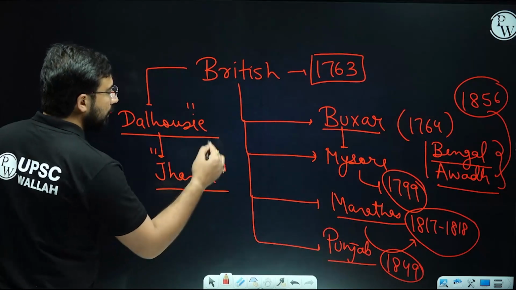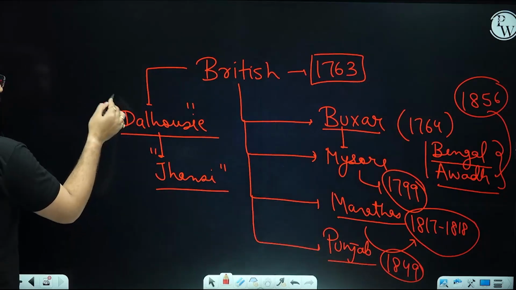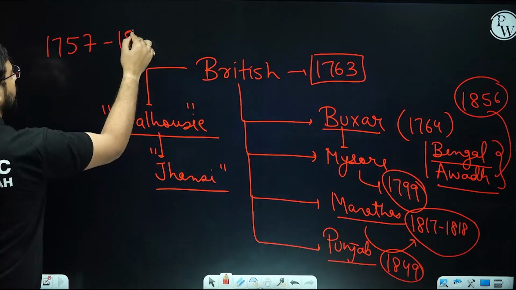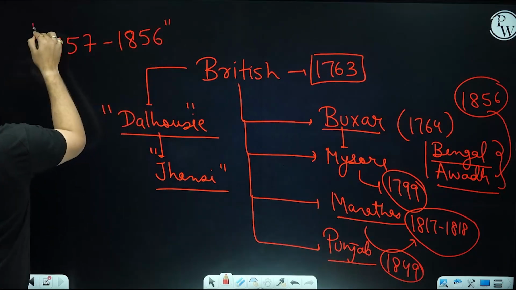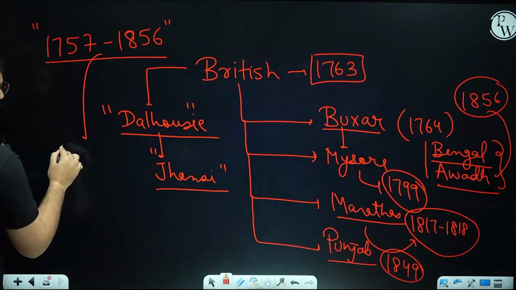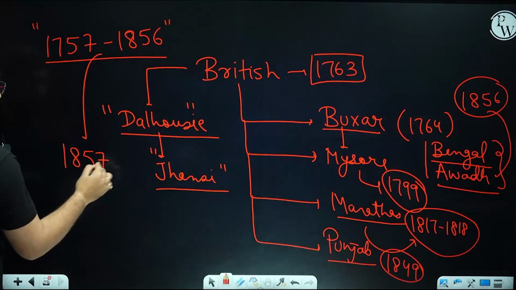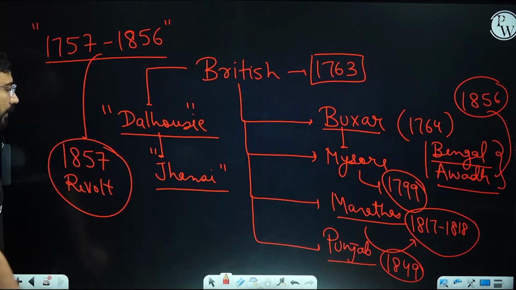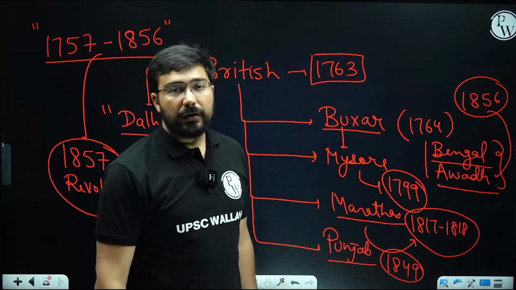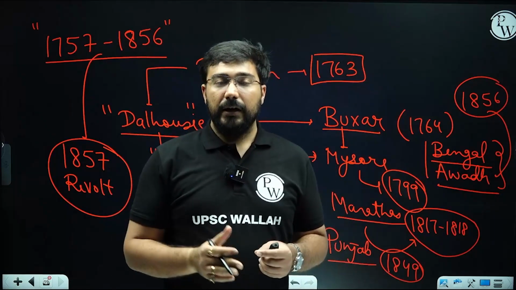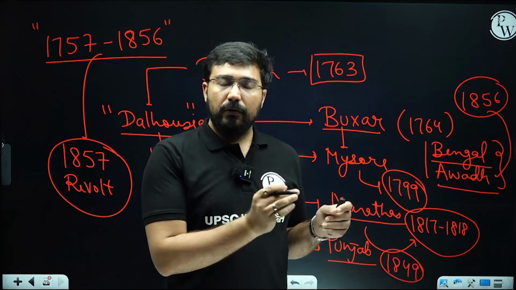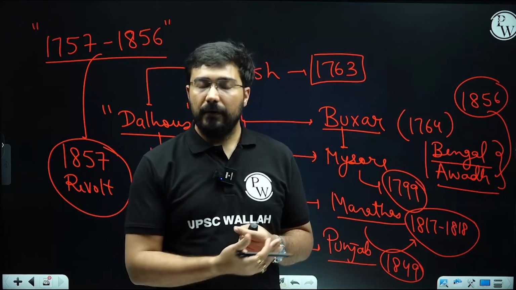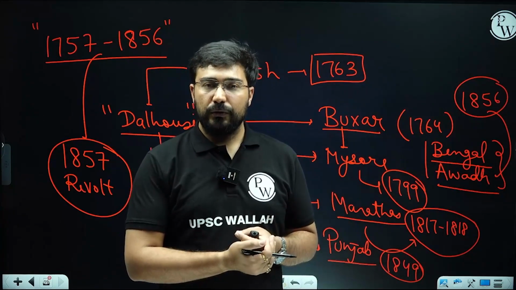Okay, so all these policies of capturing and creating an empire in India continue from 1757 all the way up to 1856, and this is going to lead to the creation of one of the biggest revolts, known as the Revolt of 1857, in which the British learned a lot of lessons, and they realized that they should not capture any more states. After that, the administration was taken over from the company by the Crown, and from 1858 till 1947 it was the British Crown who was going to administer us.